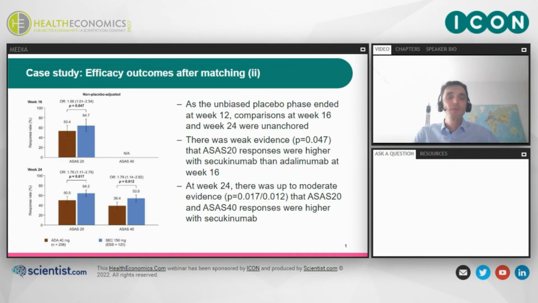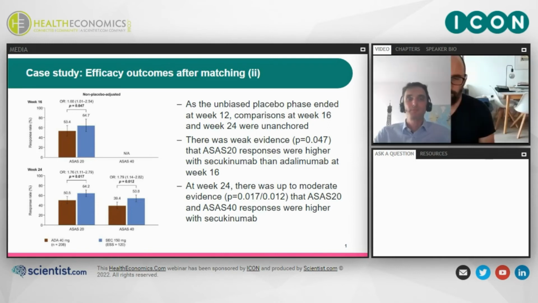So to summarize, I would say that MAIC is a method that enables you to adjust for confounding in unanchored comparisons, as well as address effect modifiers in anchored comparisons. But there's also a further, even more recent method to address effect modifying in evidence synthesis, and this is multi-level network meta-regression. And I would now like to hand over to Nathan, who will present this method in more detail.